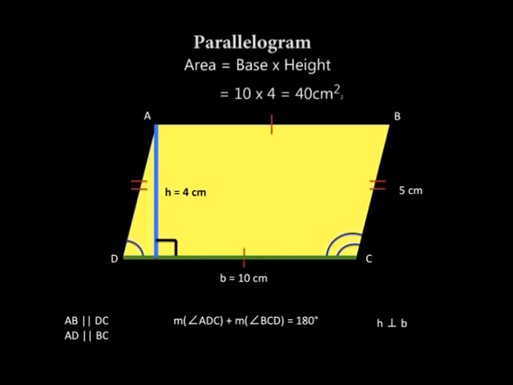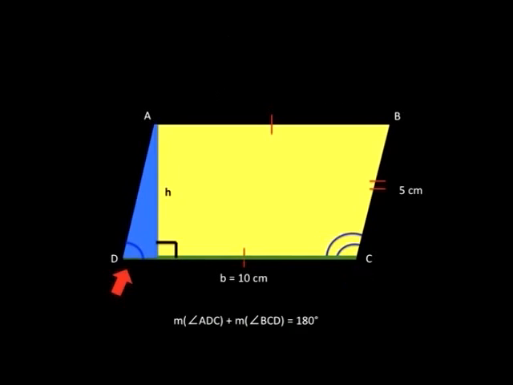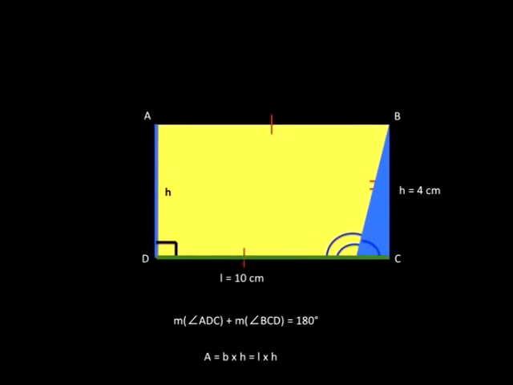Let me help you visualize why the area of a parallelogram is given by base times height. When I placed the perpendicular height here, I created a triangle, the blue region. And because this angle and this angle are supplementary, I will lift the triangle and connect it to the other side here. Now we have formed a rectangle ABCD with a height of 4 centimeters, a length of 10 centimeters,